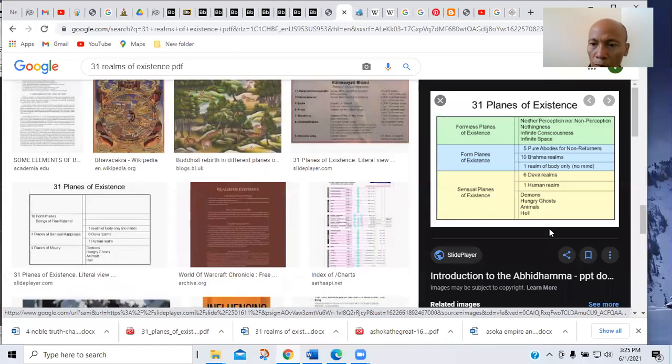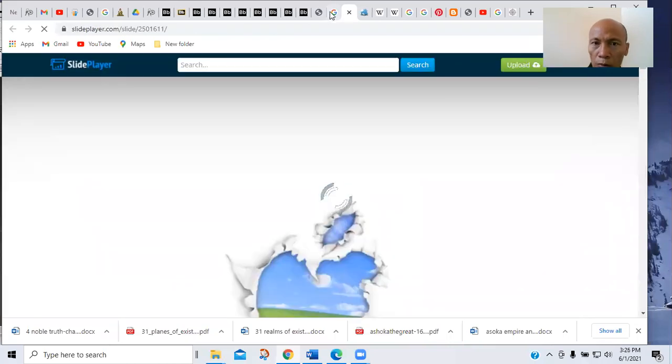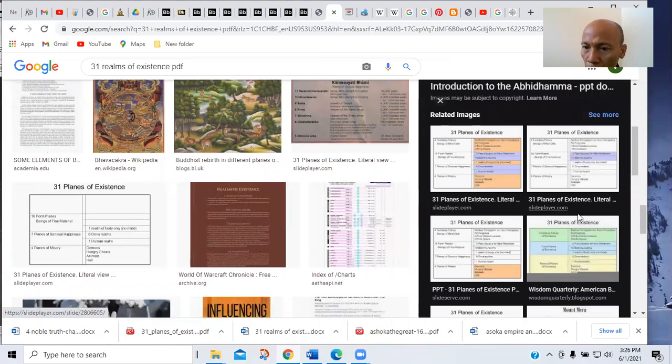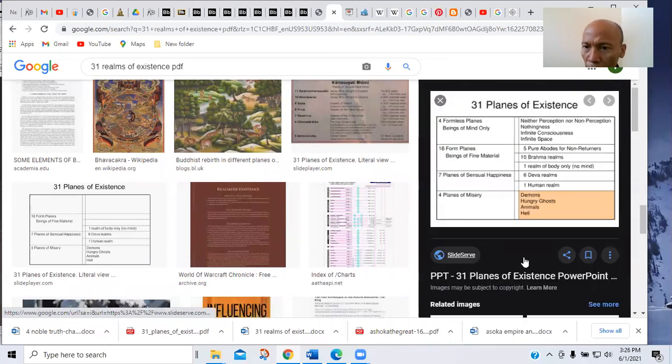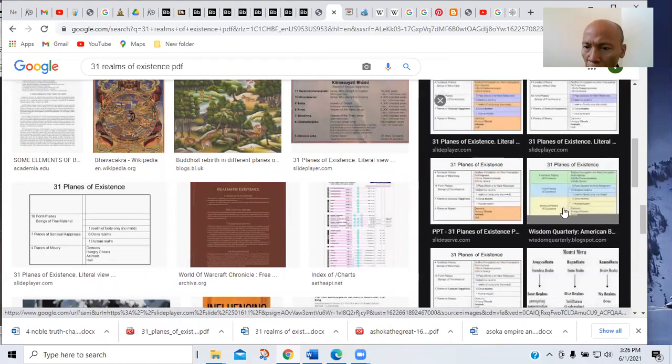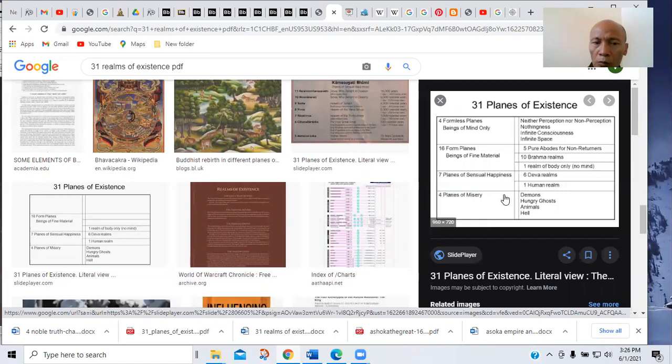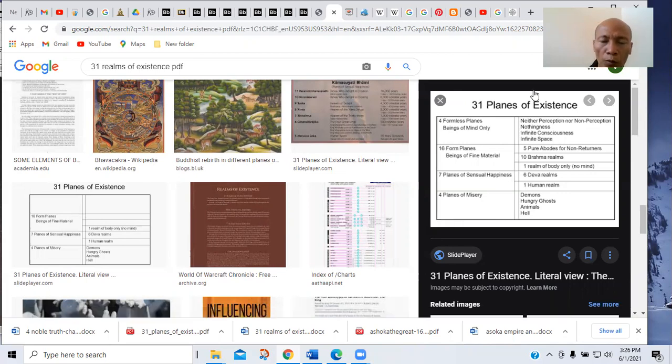Otherwise, there is no way for them to be reborn in those realms. So let me stop here for a while before I move on to the next topic, the Four Noble Truths